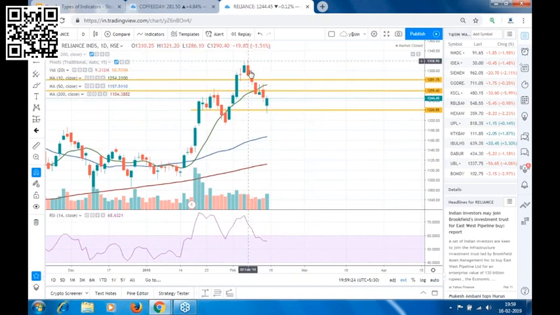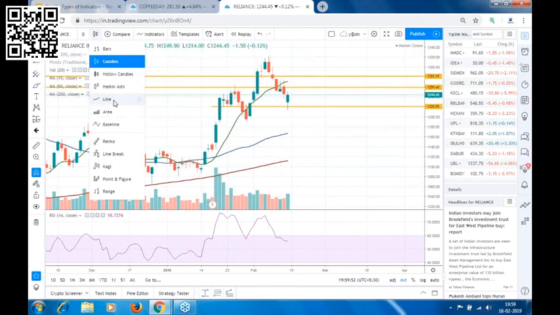Now see, Reliance we gave short below this level, that is below 1287, because we saw a bearish Marubozu candle. Though technically speaking, if you say trade from top, trade from top was when the candle closed below this 10 period moving average. But looking at the candle formation, this is a reversal candle,